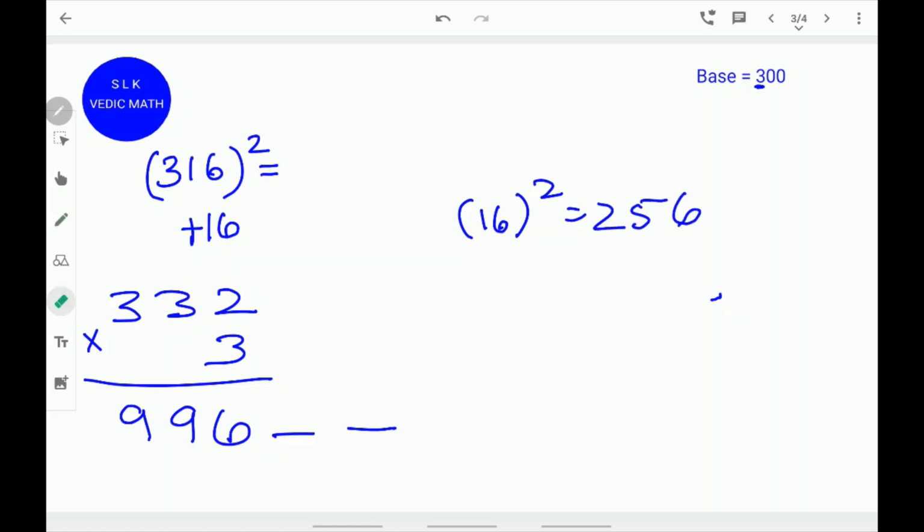Since there's only supposed to be 2 digits, we carry the 2 and write down the 5 and 6. We write down the 6 as it is, write down the 5. 6 plus 2 is 8, and write down the 2 9s as it is. So 316 square is